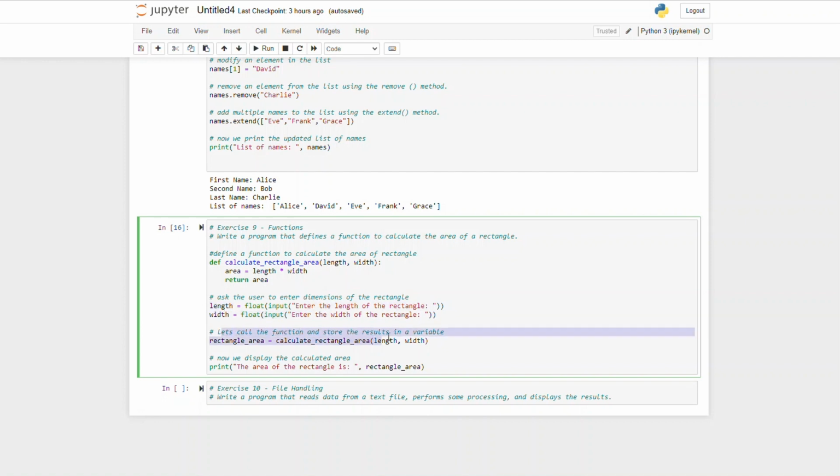Next, we call the calculate_rectangle_area function and pass in the entered length and width as arguments. We store the returned area in a variable called rectangle_area. Finally, we use the print function to display the calculated area by concatenating the descriptive message with the value of